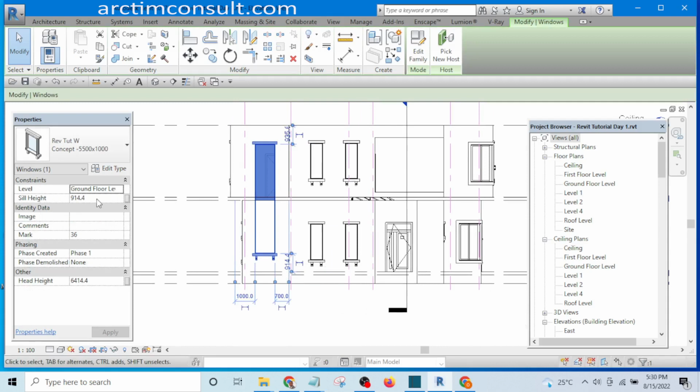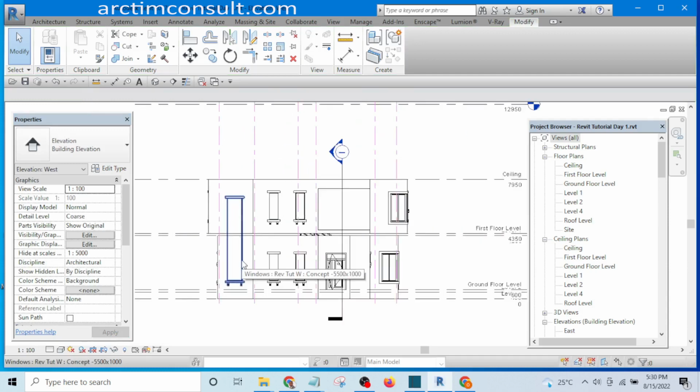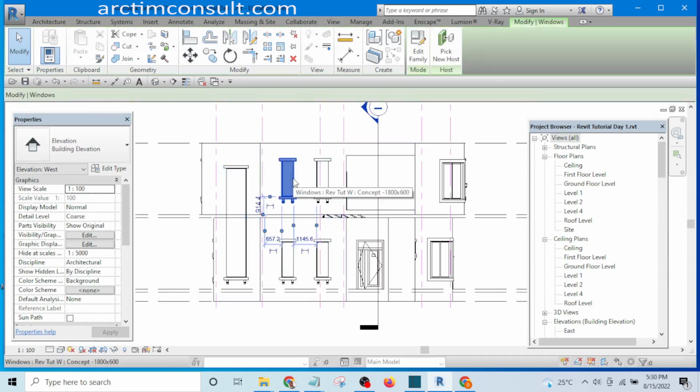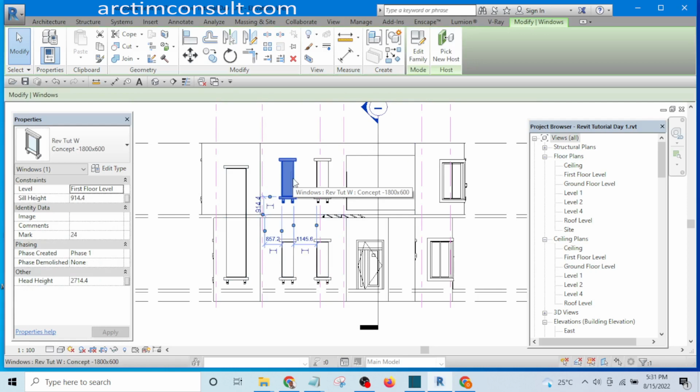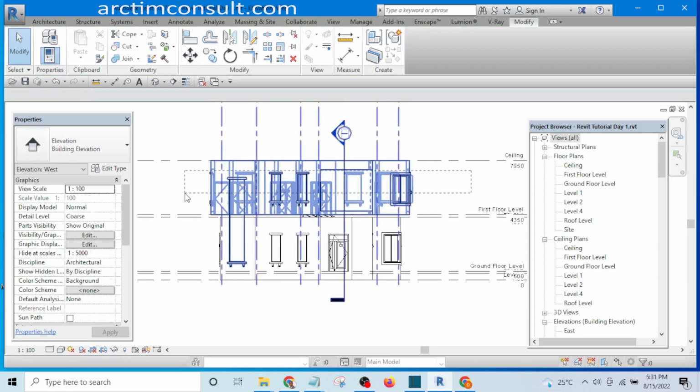And the sill height should be something like 600 mm, and click apply. Okay, now I see that. Okay, so what I need to do now is I will highlight all the windows on the first floor,